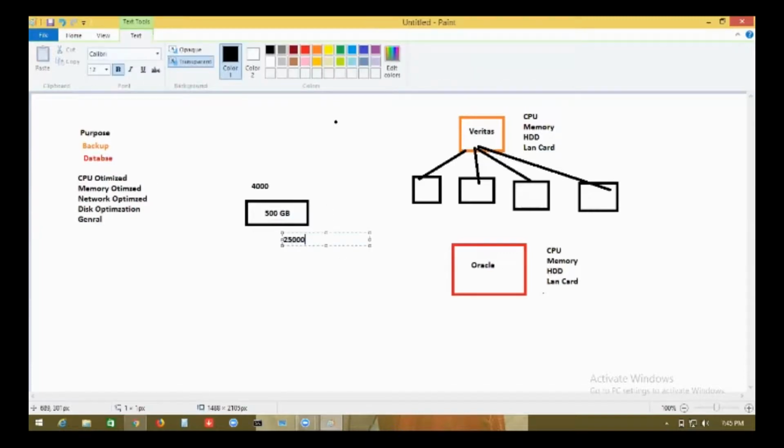Why is there a difference? Because maybe other features are more. Same space, no? 500 GB, 500 GB. But I have paid 24,000. You paid just 4,000.